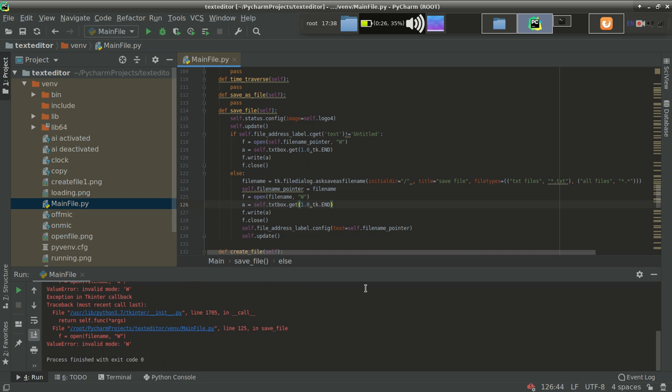There is a bug in our file. Yeah, invalid mode w. So it is suggesting that I am using an invalid mode. So we have to work on that. Why is it saying that w is invalid?